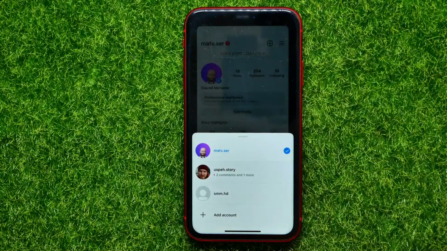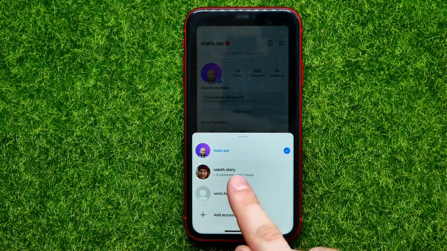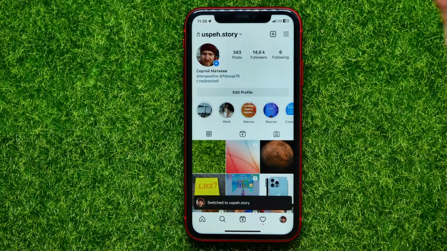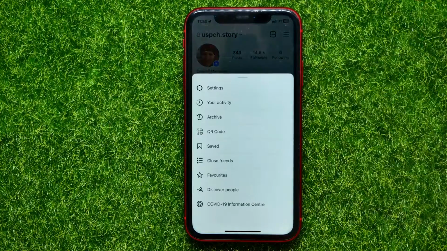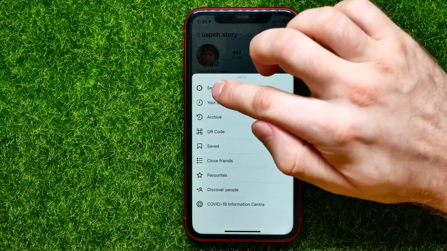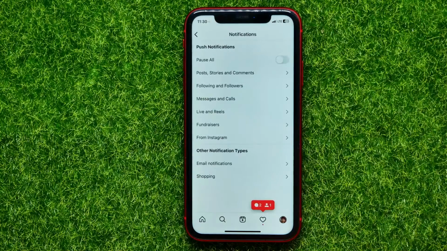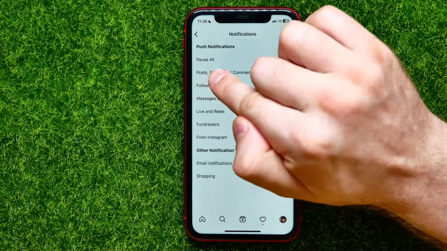That is my primary account, and that is my another account, and let's say I want to toggle off notifications for that account. So first I have to switch to that account, then hit that menu icon, then go into settings. In settings, tap on notifications, and right here at the very top I can easily find the pause all